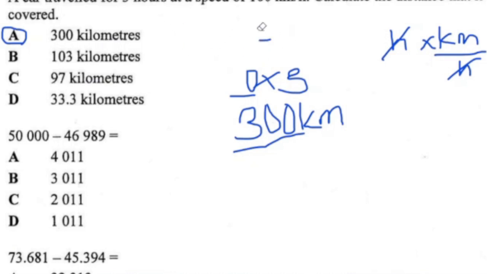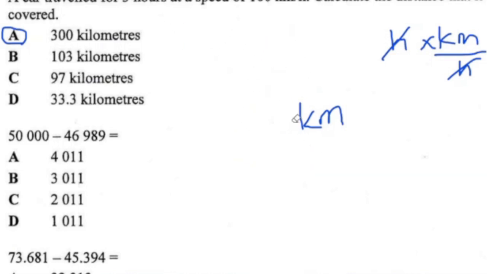We go to the next questions. Unless you have got questions, we can still respond to you in the comment section. Otherwise, let's go to the next question, which is question 13. Question 13 is 50,000 minus 46,989. So what we need to do is find the difference of this. So we're going to write 50,000 on top,